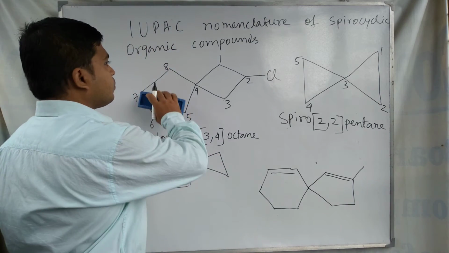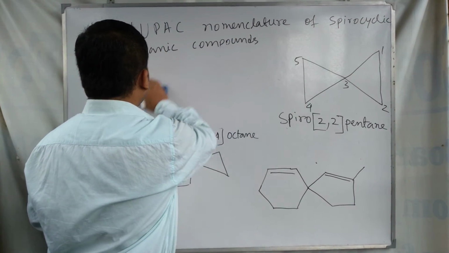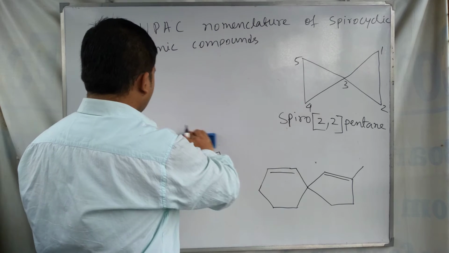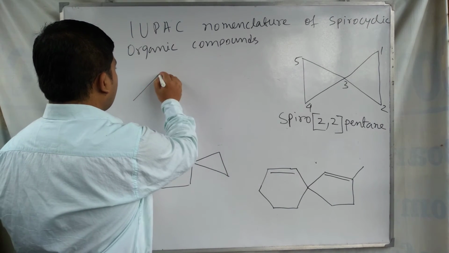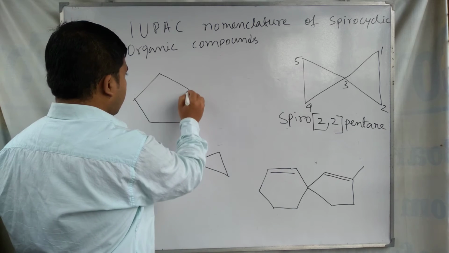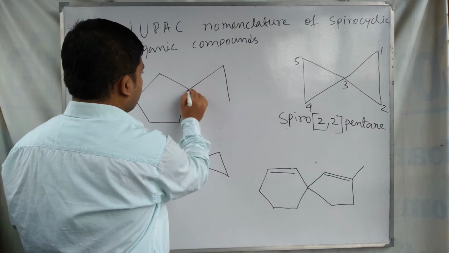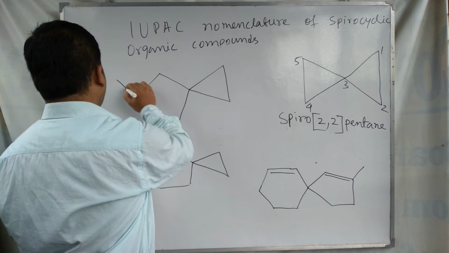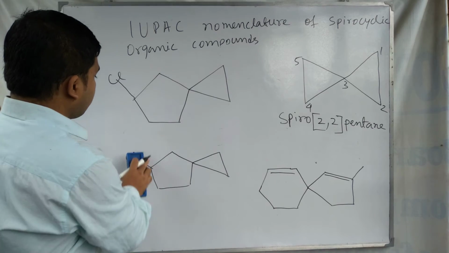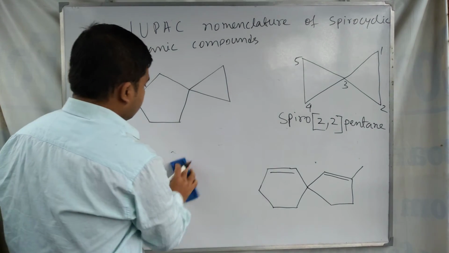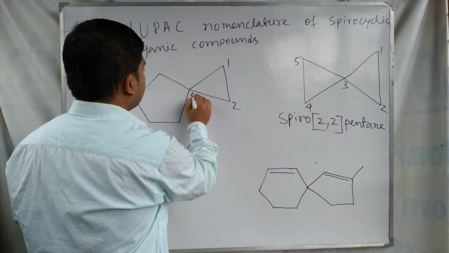Suppose we write the IUPAC name of this molecule. For this molecule the structure is like this one, and this one. So for the IUPAC name of this molecule you can number it as 1 2 3 4